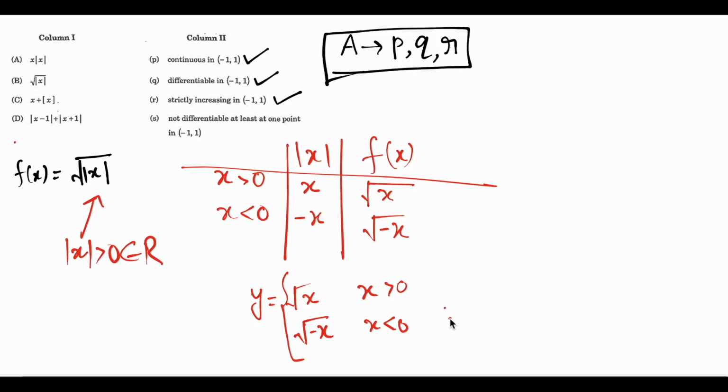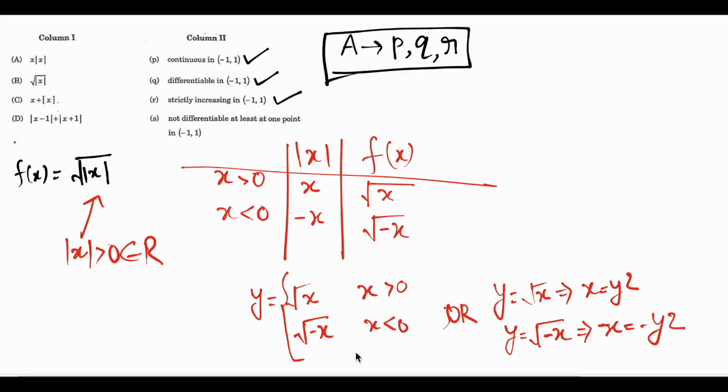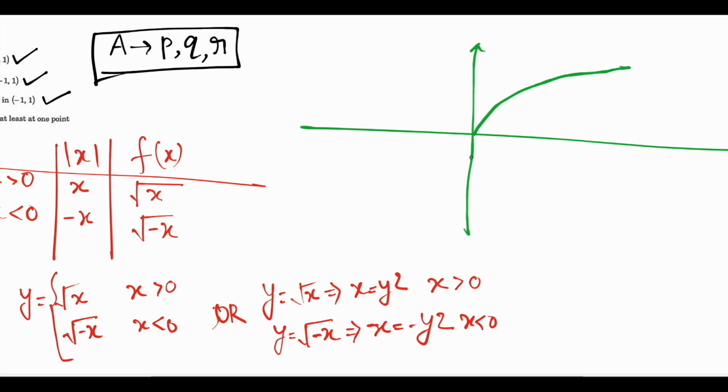square root x for x greater than 0, and y will be equal to square root of minus x for x less than 0. And now if we try to do some more simplification to find out how the function will actually look, what we can do is just rewrite the whole equation in this form. Okay, so we have got our final equations as x equal to y square for x greater than 0 and x equal to minus y square for x less than 0. And now we will try to draw these functions on a coordinate axis. The only prerequisite is you must know how to draw x equal to y square and x equal to minus y square. They are nothing but similar equations like parabola,